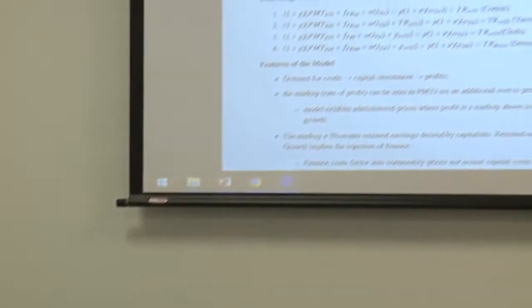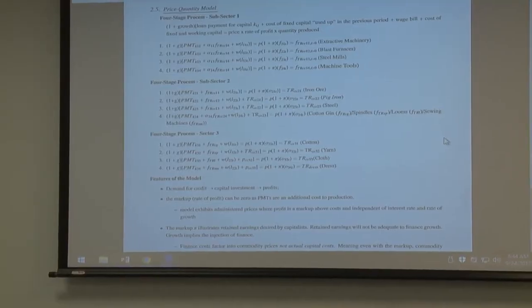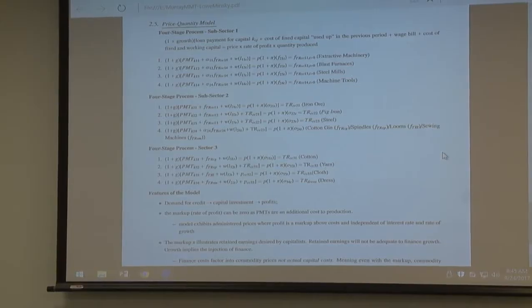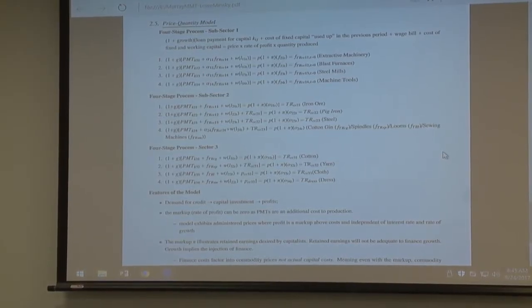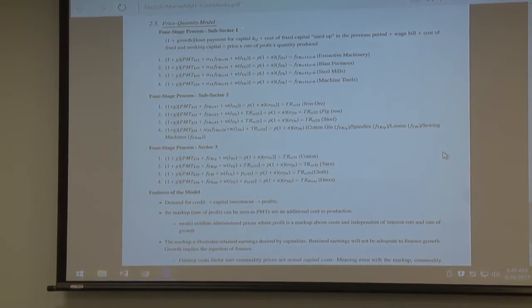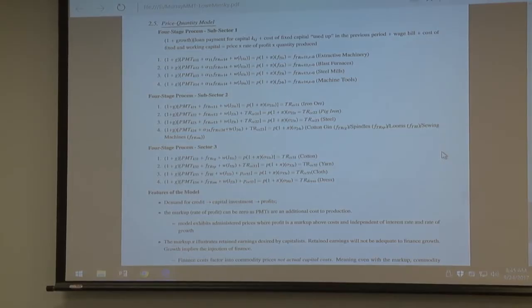So what we got here is after the first period, well, you still need to pay for those capital stocks until whatever the maturity of the loan, right? And then this FTR, right? This is the payment or the price of the working capital or the circulating capital that gets used up in production, right? So you need to pay for that at each stage of production, and we see that.